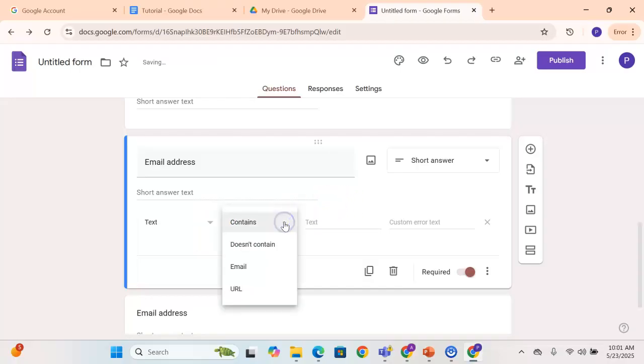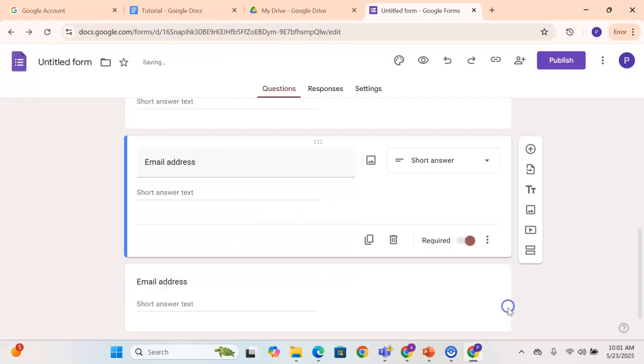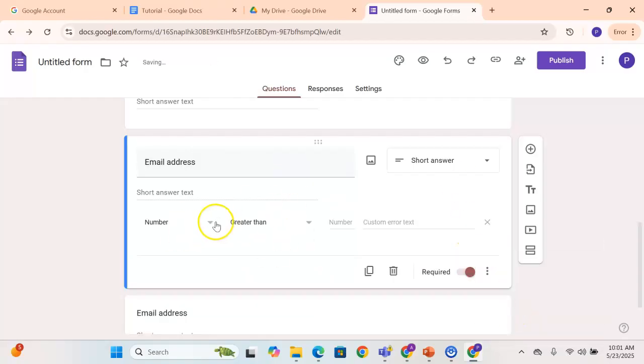So the text should contain email. Alright, so I'll do this again. Come here, you click on response validation. It will start with number, so you have to switch to text. It contains, does not contain. What is it? It contains or does not contain. So maybe you ask for somebody's